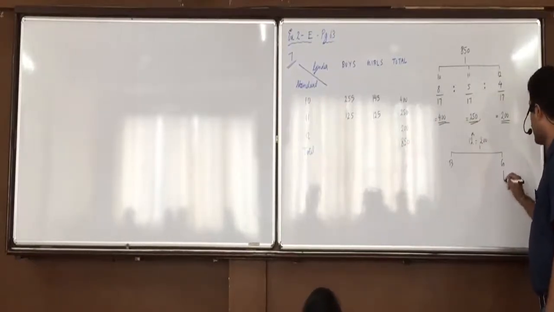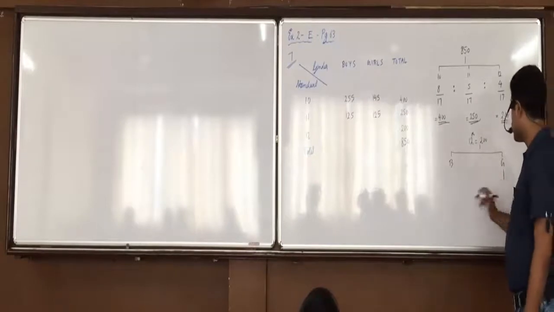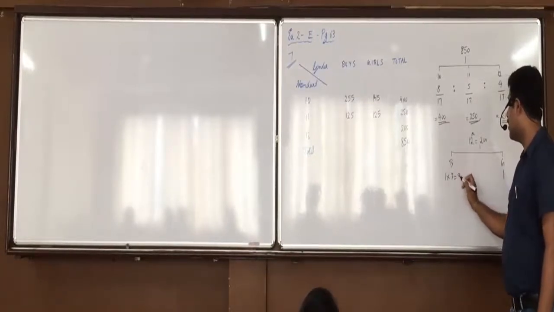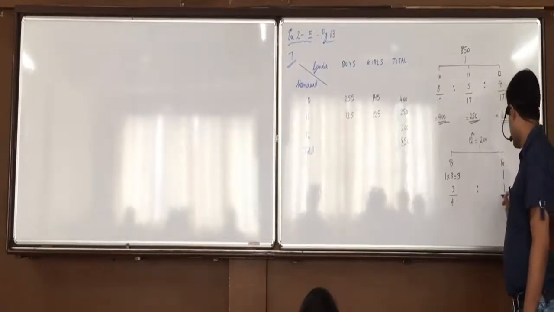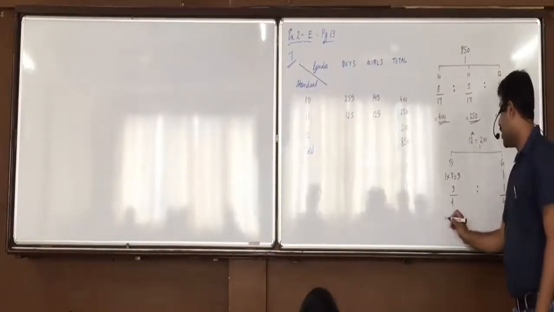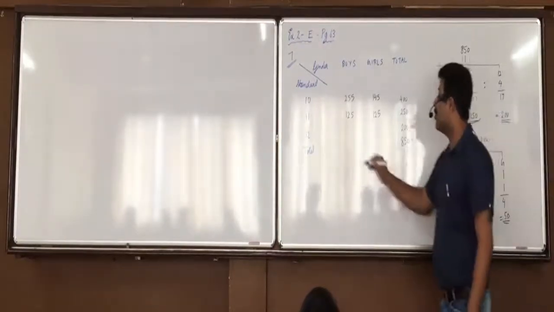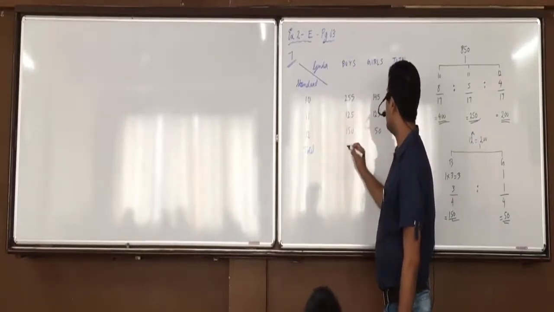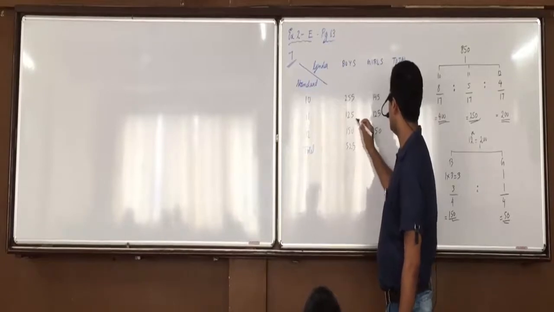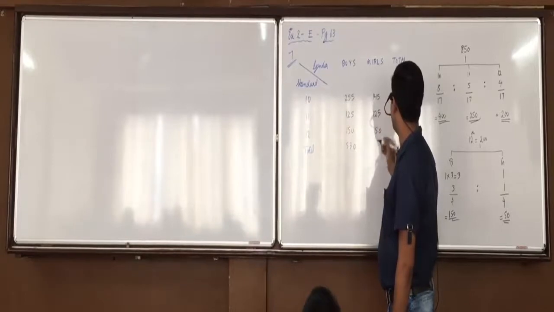Assume it simply 1. Suppose the number of girls is 1. Now boys are 3 times the number of girls, so 1 into 3 means the ratio is 3:1. 3 plus 1, 3 by 4, 1 by 4. 200 into 3 by 4, 150. 200 into 1 by 4, 50. So 150 boys, 50 girls. Then the totals: 145, 270, 320.